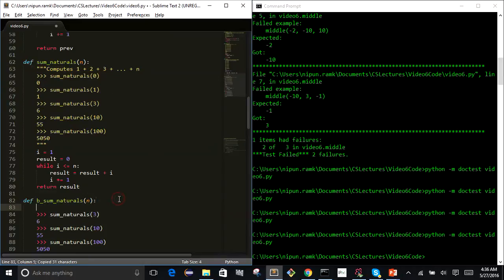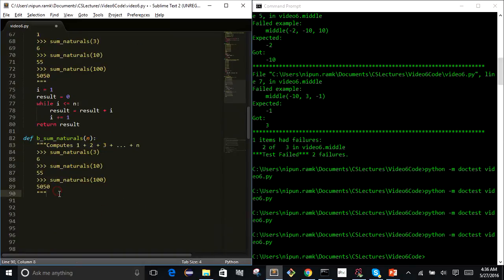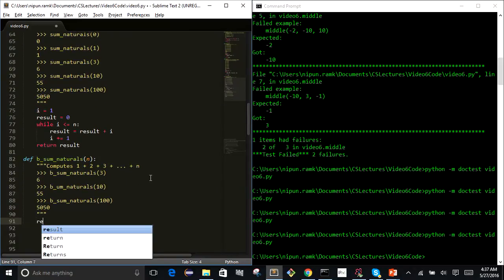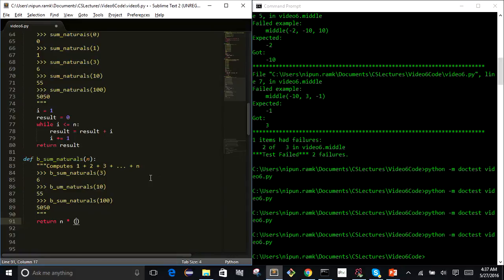So, okay, and awesome. So we have a couple of doctests, and all I need to do is just add a b in front of these. Oops. Alright, so now I've written doctests for this function. And so the way to do this is, if you have knowledge of Gauss's formula for computing the sum of the natural numbers from 1 to n, this should be quite easy. And so the answer is n times n plus 1